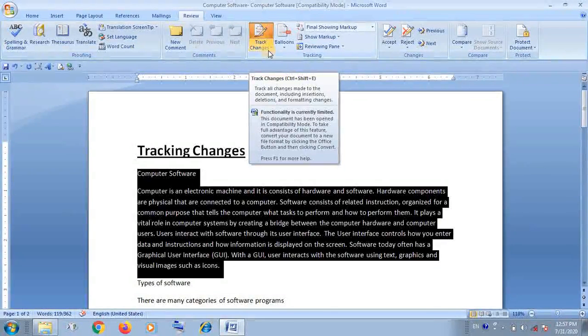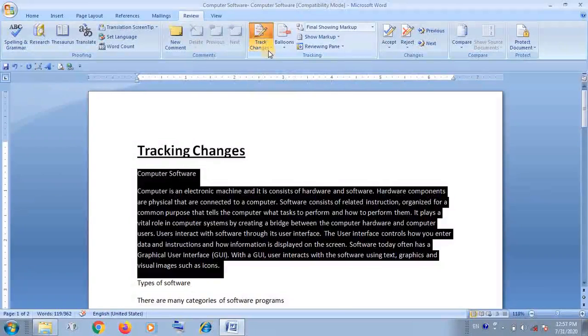Insertion: if you insert anything new, that is also tracked by this option. And if you delete any content, any word from this paragraph or this file, it will also be highlighted.